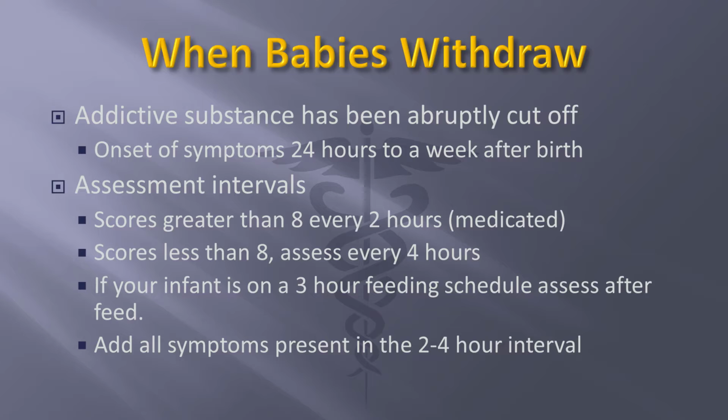So when we use this tool, we're going to calculate all of the symptoms, and it's going to give us a score. If the score is greater than 8, we typically will assess the baby every 2 hours, because we're going to be giving them some sort of medication, such as methadone or Ativan. Some doctors will even use low-dose morphine in order to help the baby to wean off of whatever drug that they were exposed to. If the scores are less than 8 and the symptoms are mild, we'll use some non-pharmacological